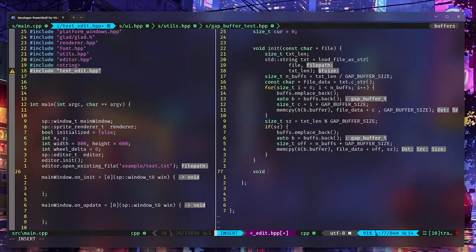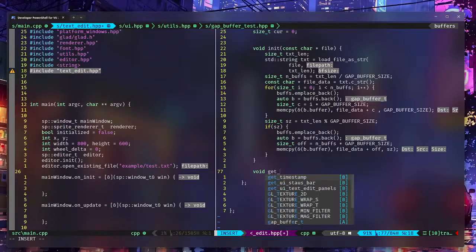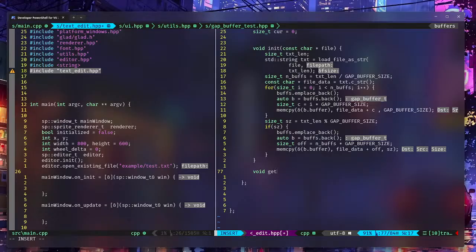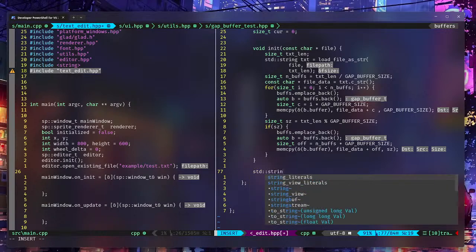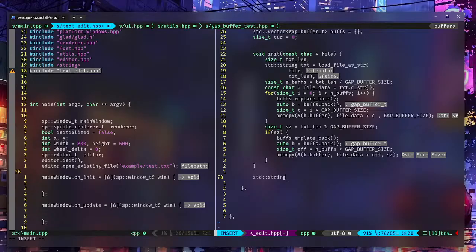So yeah, apart from that, what I actually want to get is a view or something like that, which will basically be a string. Maybe later we can convert it into a vector of string views. We can check that later. For now, I'm just returning a string. We can always refactor things and make them faster. So std::string